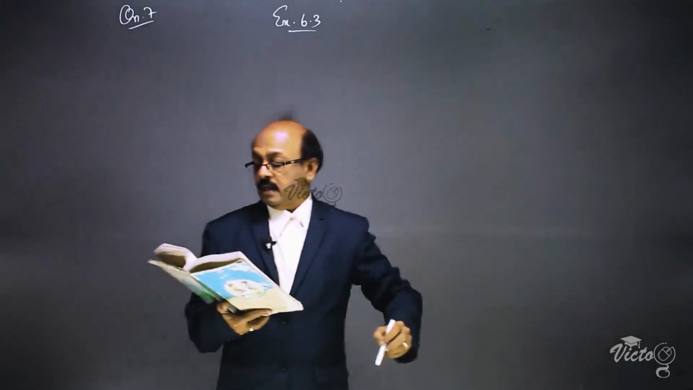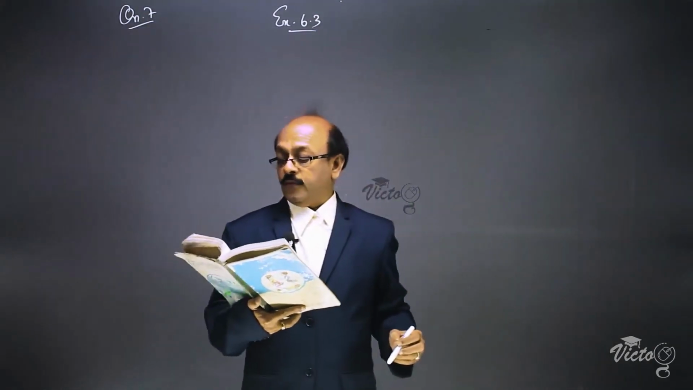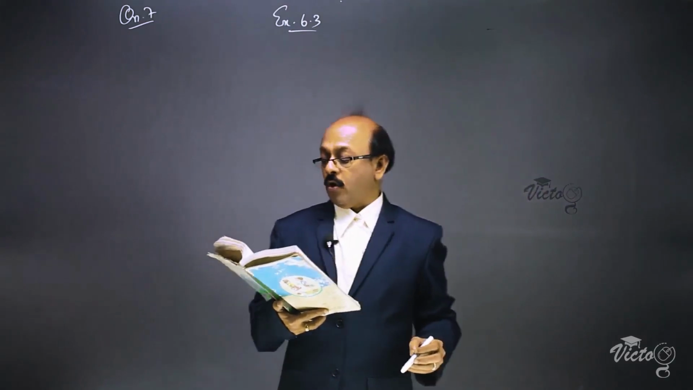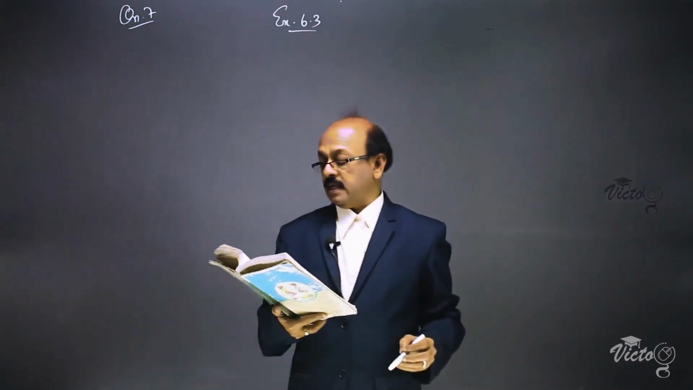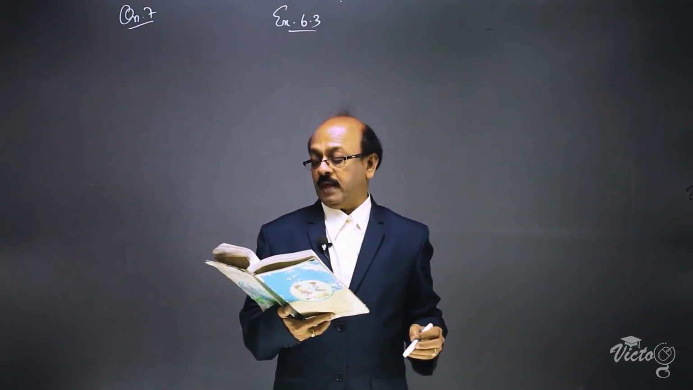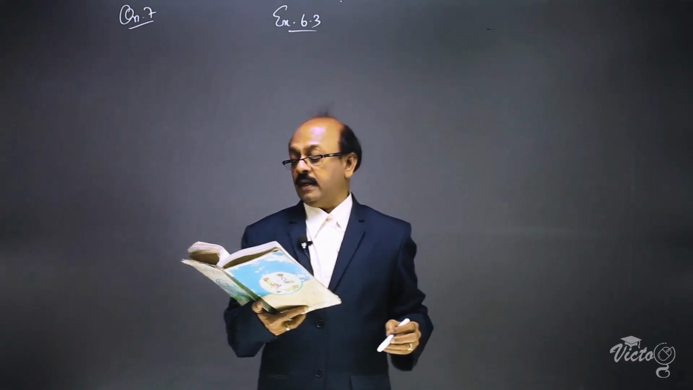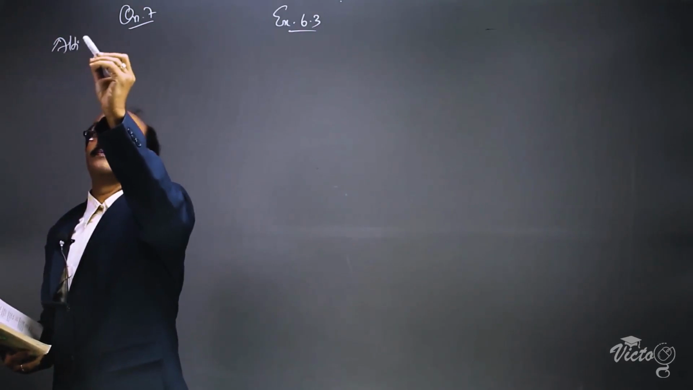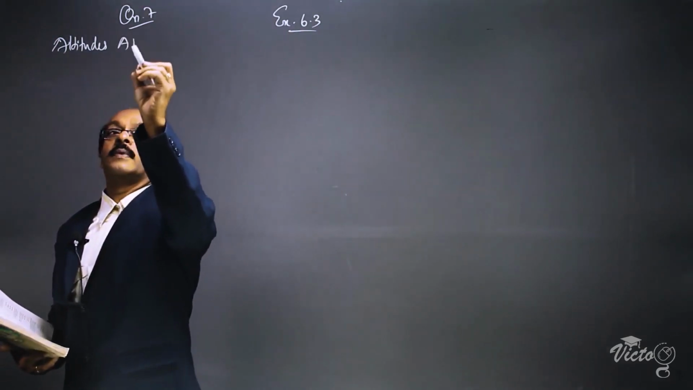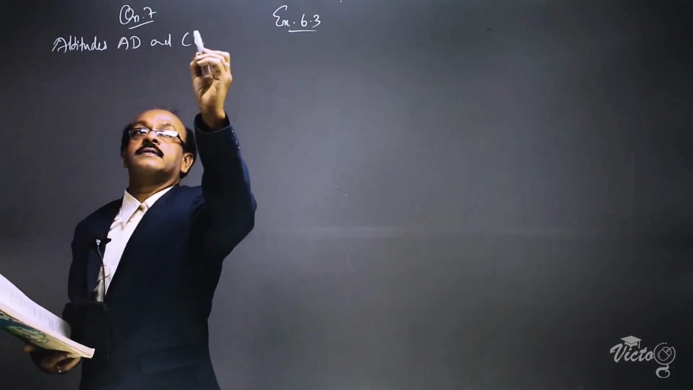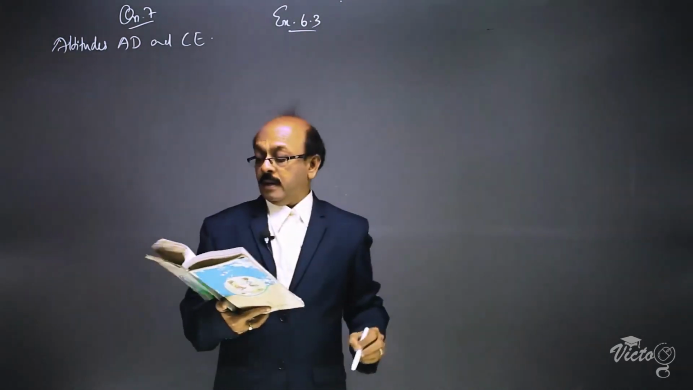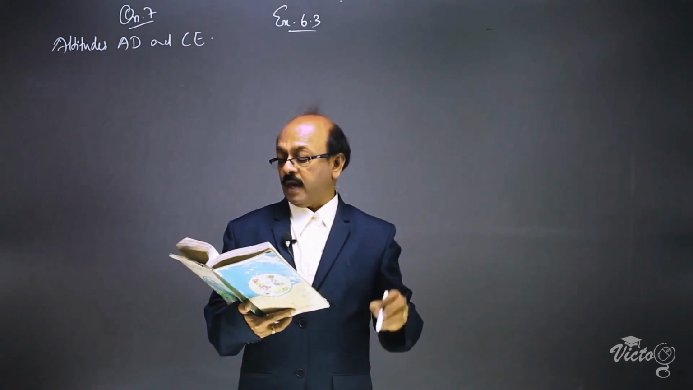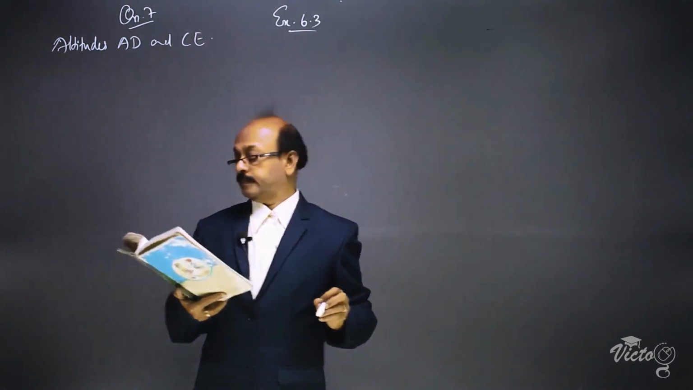The question is, in the figure, altitudes AD and CE of triangle ABC intersect each other at the point P. We have to show that, first part,